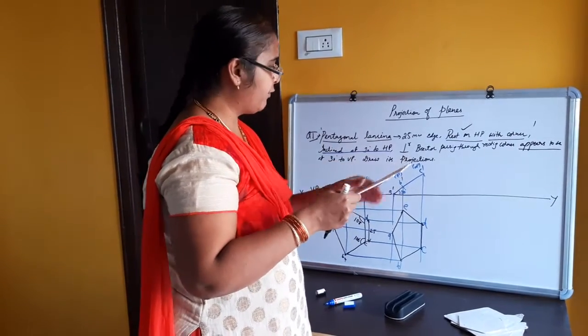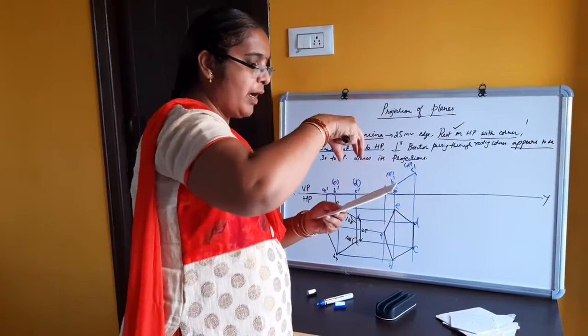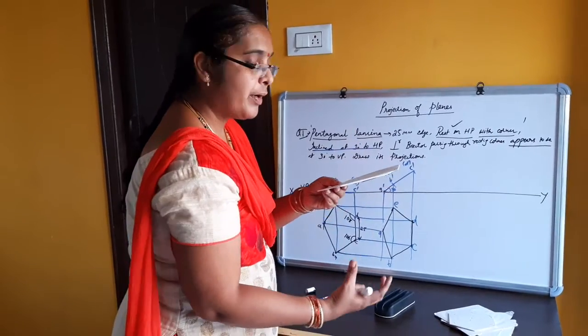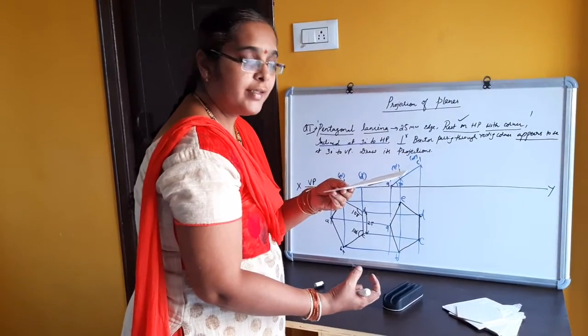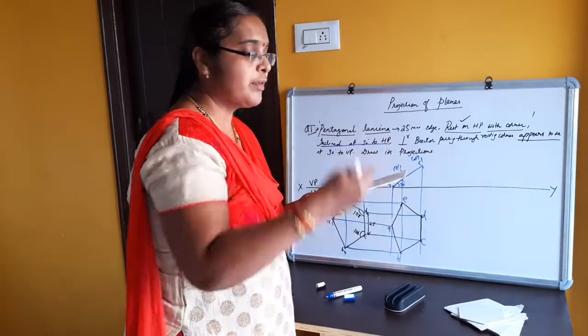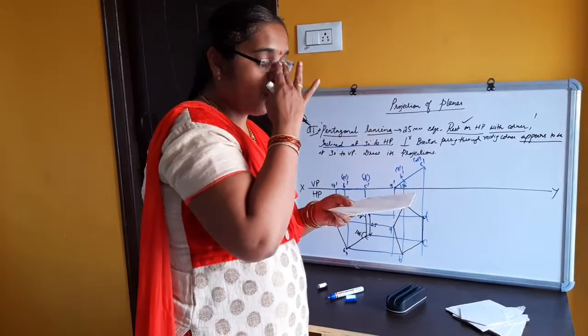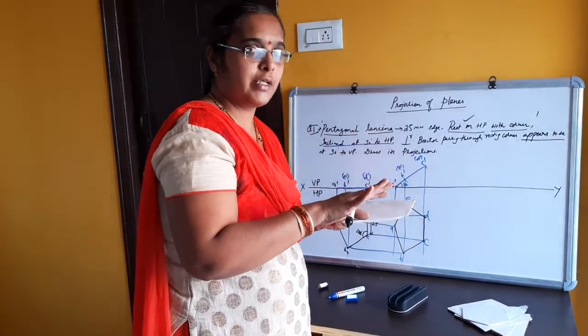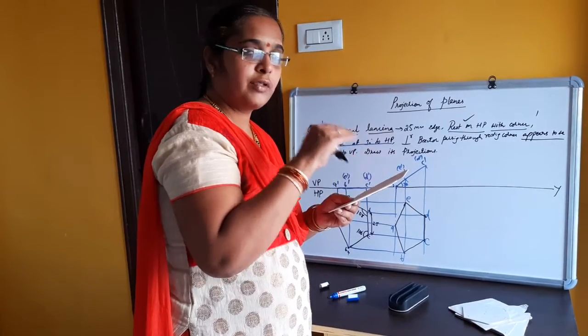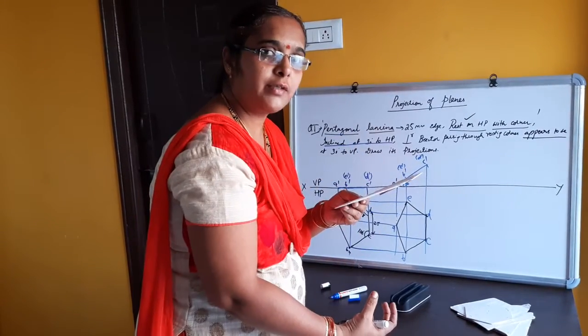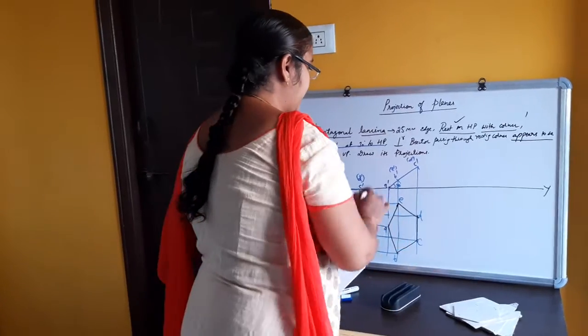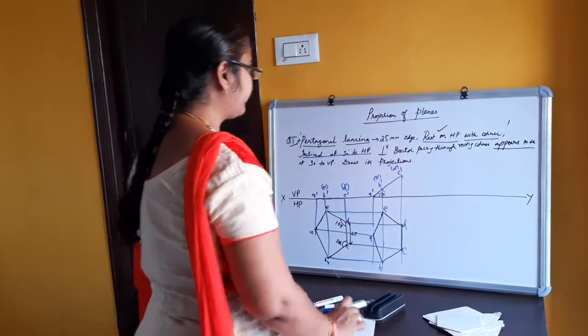I have drawn its front view as a line, and the top view as again a pentagon but of reduced size. Why this reduction in size? Because of the inclination. Only when it is parallel can I see the true size. Whenever it gets inclined to some angle, its image is going to reduce in size. Okay, this is about the second stage.